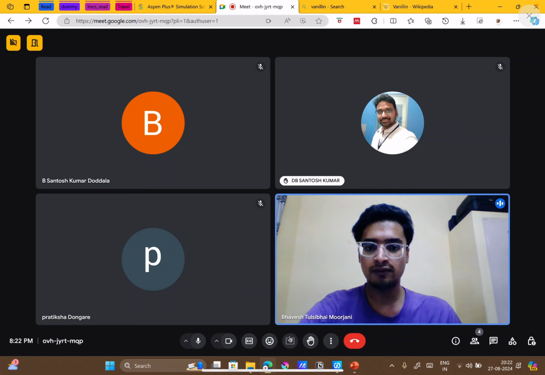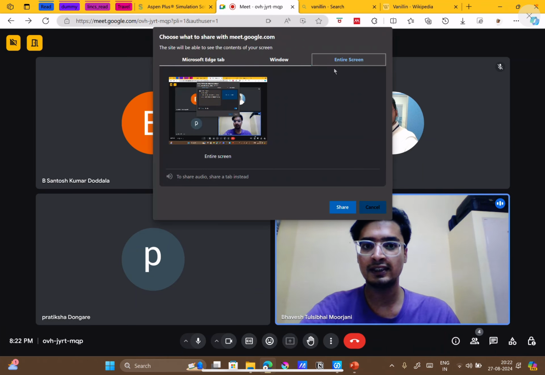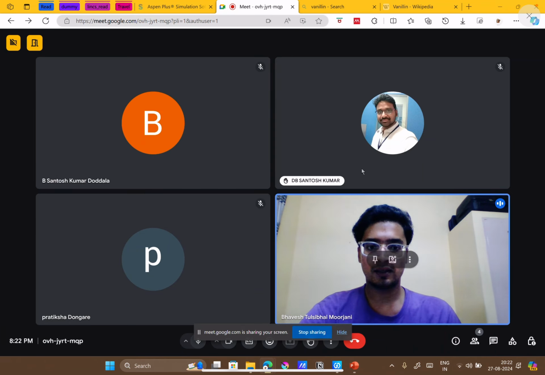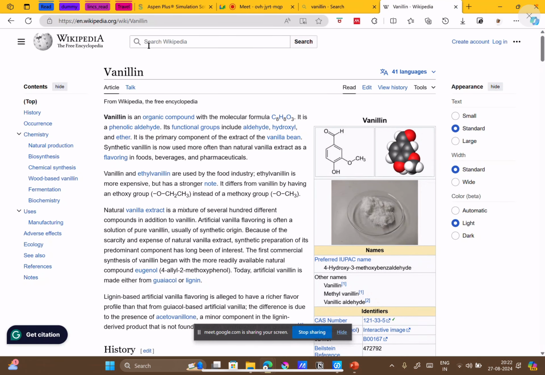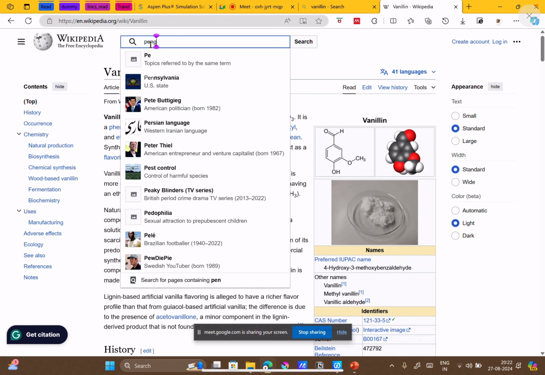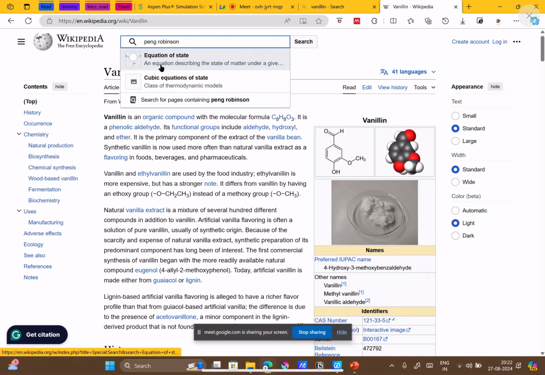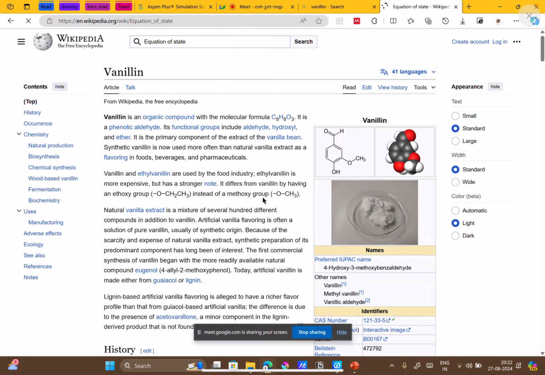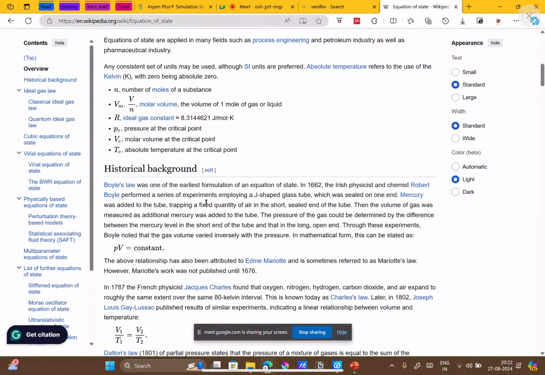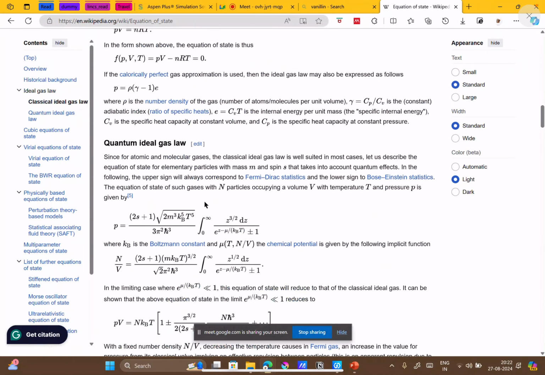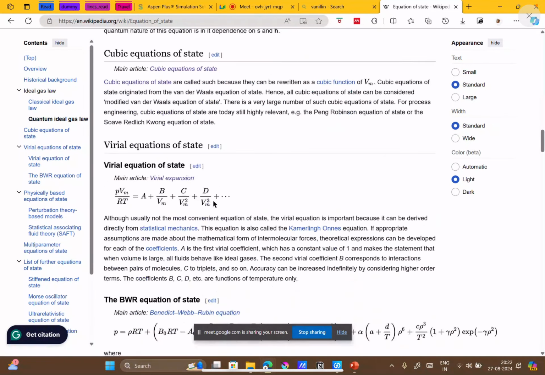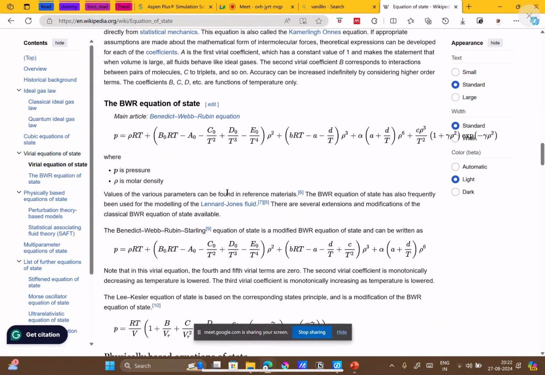So if I share my screen with you, let's quickly see one example of an equation of state from Google itself. Let's search for the Peng Robinson equation of state. So these are the equations of state: classical, virial equation, BWR.